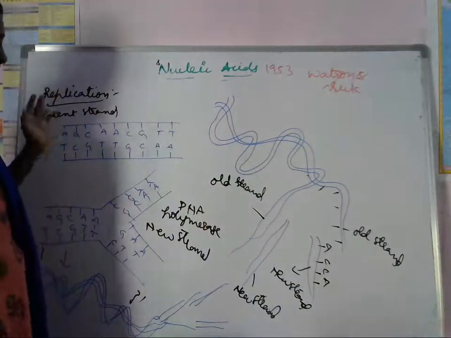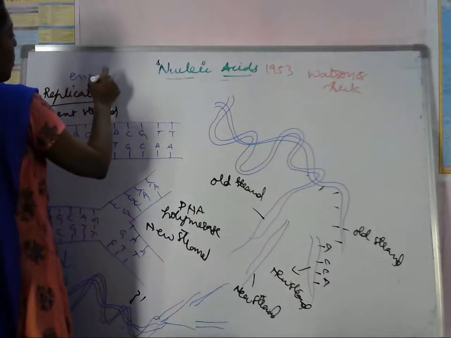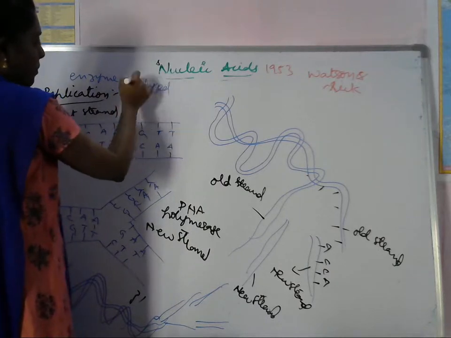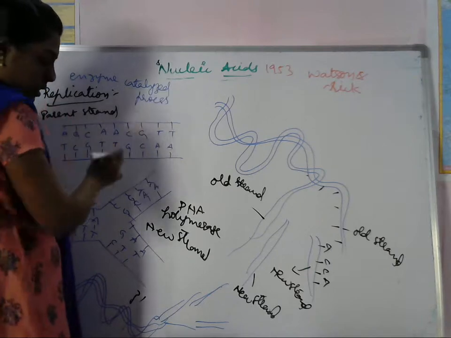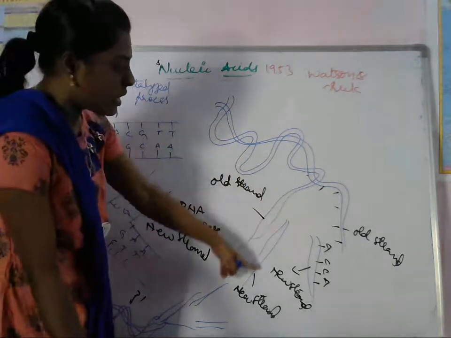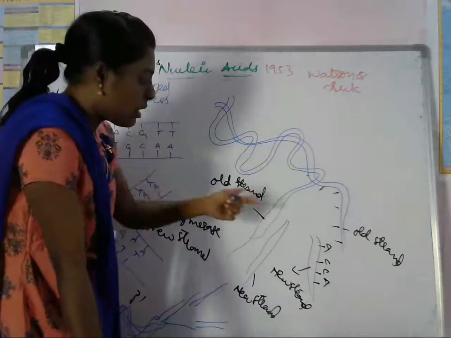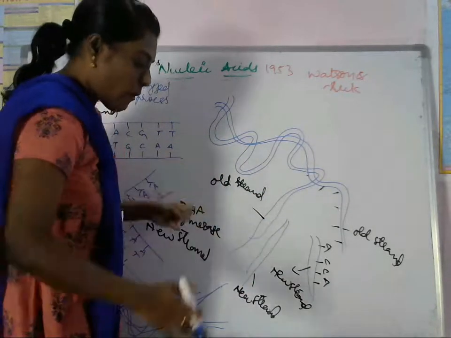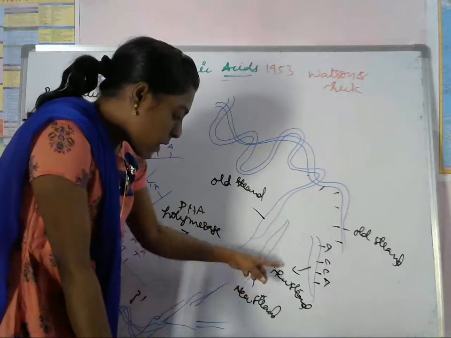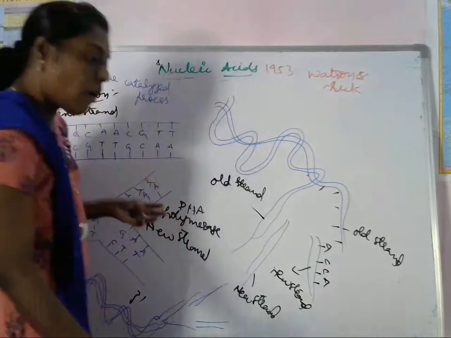It is an enzyme catalyzed process, where all the enzymes work. The process begins with partial unwinding. Actually here unwinding is there, not winding. Winding means combination. Here unwinding is there, so unwinding the double helix and separating the strands. Bases are exposed as nucleotides line up, each strand in a complementary manner.